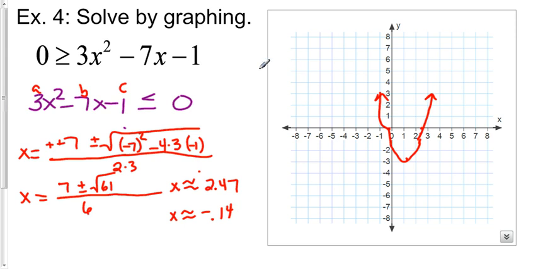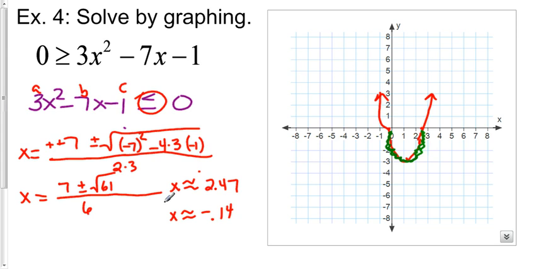Okay, now the question is, where's this graph less than or equal to 0, below 0? Well, if I look on my graph here, it's actually right here. Where's the graph underneath the x-axis? Pretty easy to tell. Below the x-axis, we're looking at this little U right here. It's actually in between these two x values. We're not going to negative infinity or positive infinity here. The x values are in between these two solutions. And so if I were to write my answer,